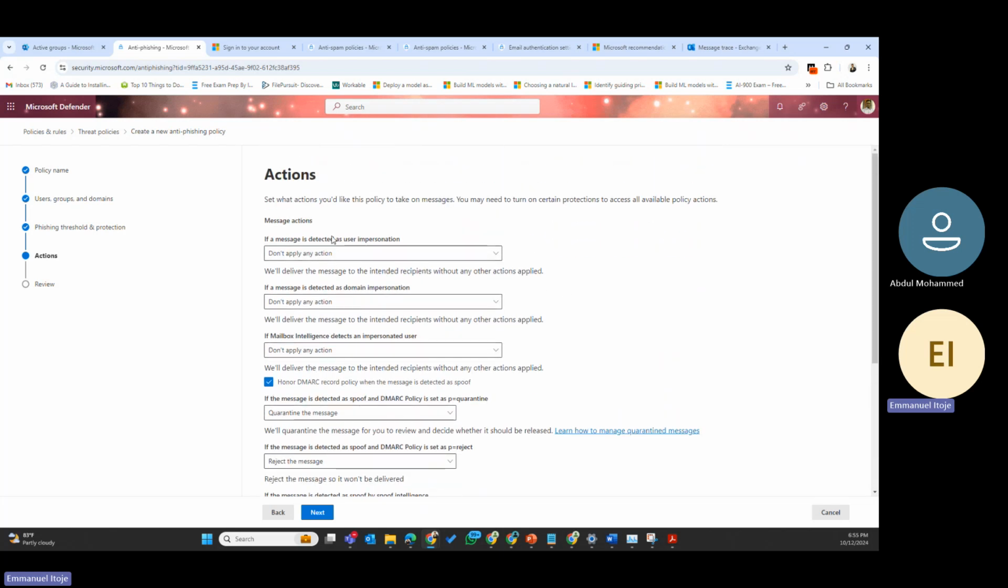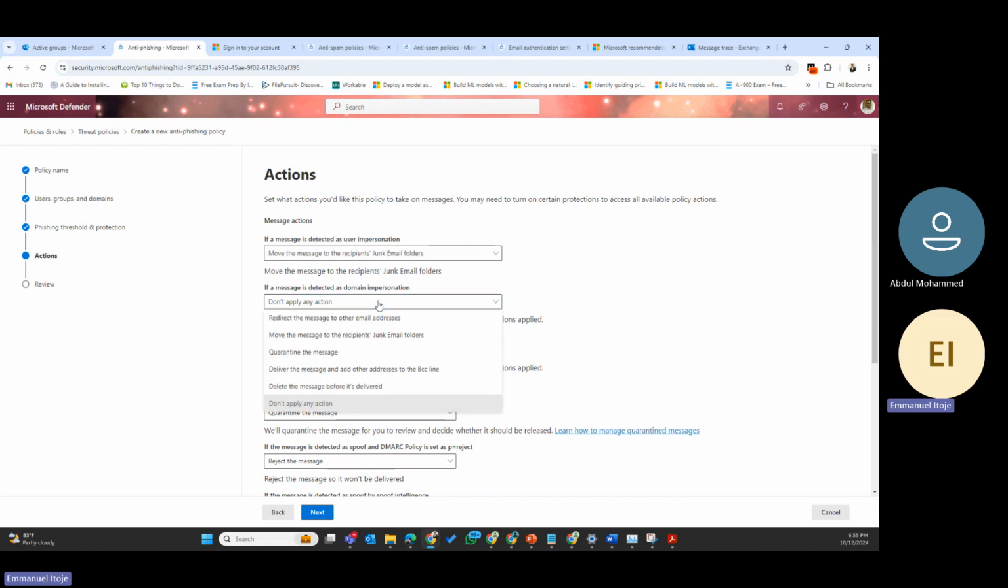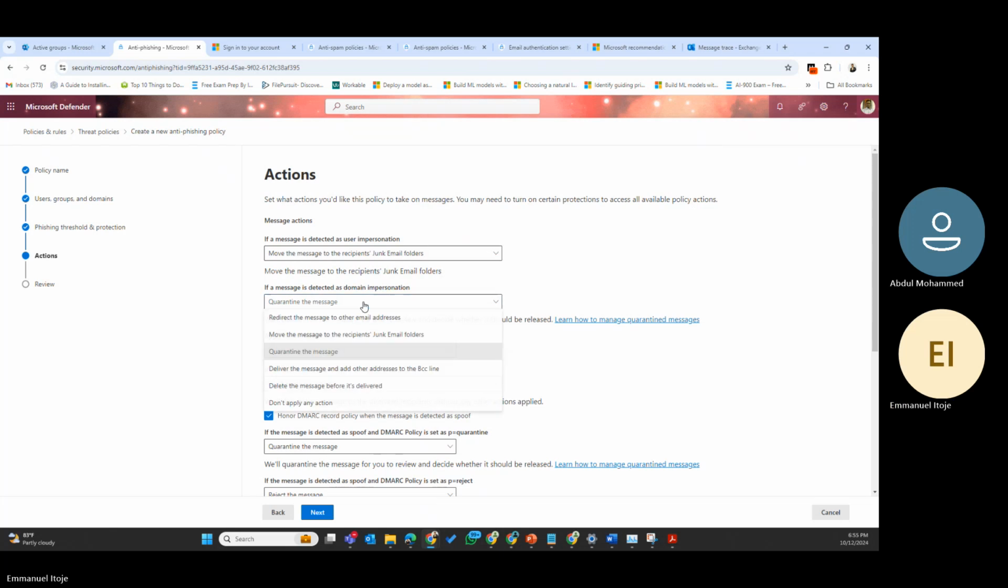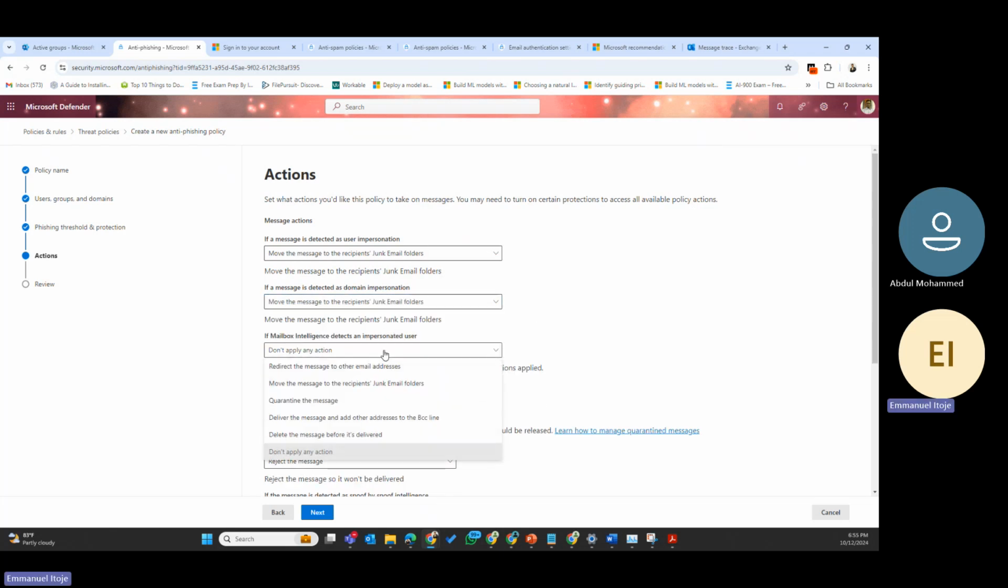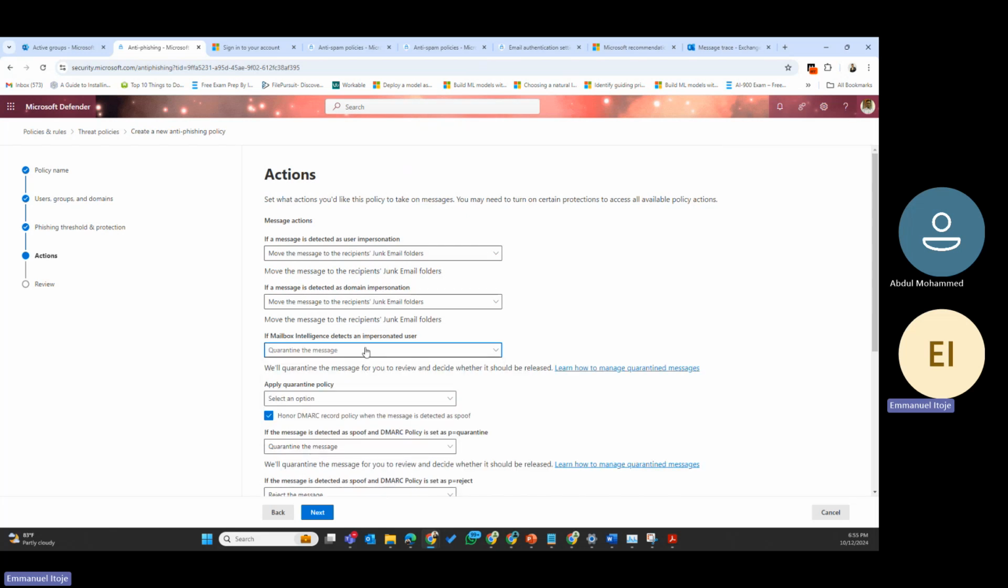For example, for message action, if a message is detected as user impersonation, what do you want to do? You want to redirect the message to another email, quarantine, or move the message to the junk folder. You select that. If a message is detected as domain impersonation, what should happen? Move the message to, maybe, quarantine the message. If mailbox intelligence detects an impersonated user, what should that do? So you can select that and apply a quarantine policy. If there's any policy you've created, as in your quarantine policy, you've not gotten there yet, you'll be able to assign